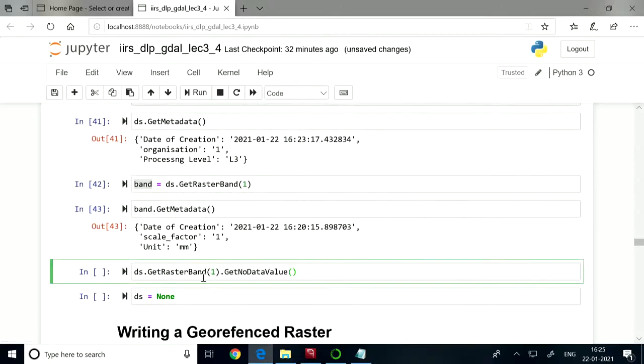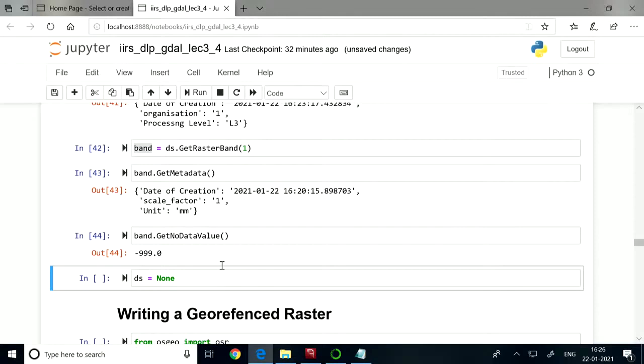And then we had set a no data value also. Now suppose we want to retrieve the no data value. We can do get raster band and then band dot get no data value. Anyway, we had set minus 9999. So it says minus 9999. So after this is done,